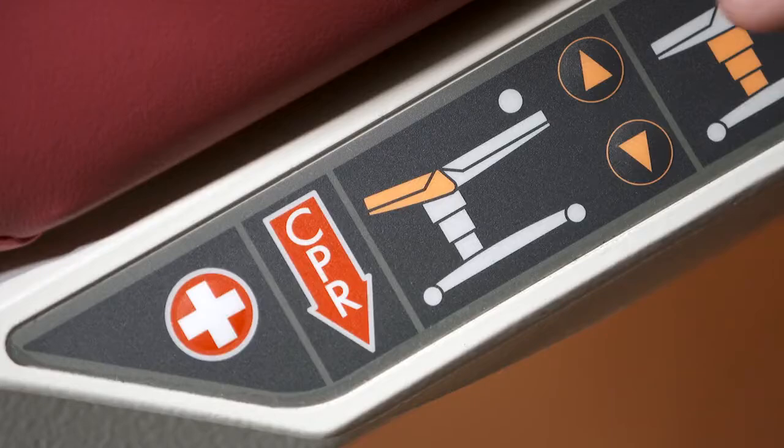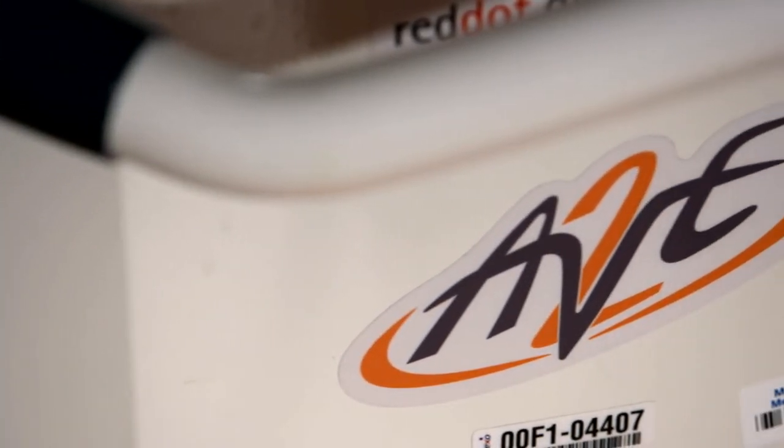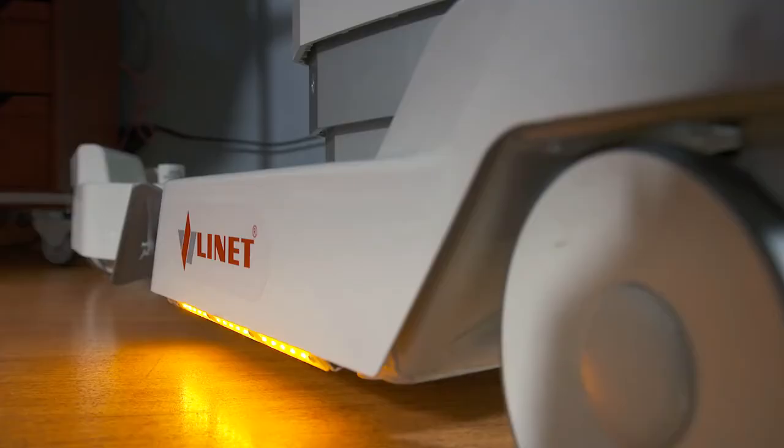We want to look at ways to improve how they care for patients, make it easier for them, make it much safer for them, and keep them at the bedside. That commitment to designs which improve care earned the Ave2 the coveted Red Dot Award, which is an international award given for excellence in innovative design. One of the reasons I feel Lynette is so strong is that we design the bed, we just don't go with a bioengineer or biomedical. We really get the clinical input and the caregiver or the end user's input. To have the nurses believe in our products, as I do, and once you show them all that our innovative products can do,